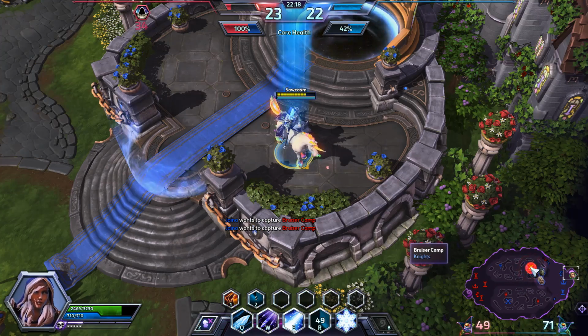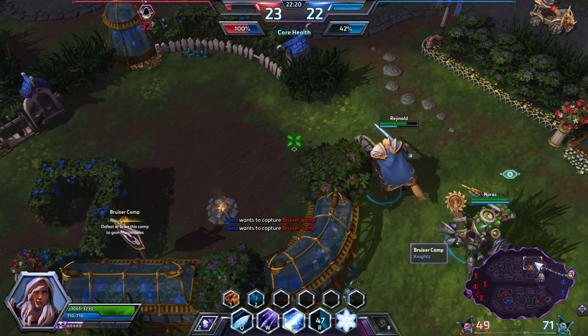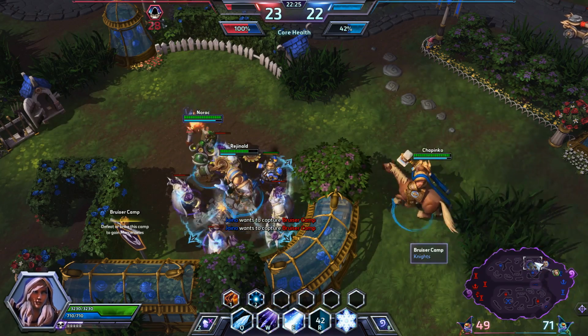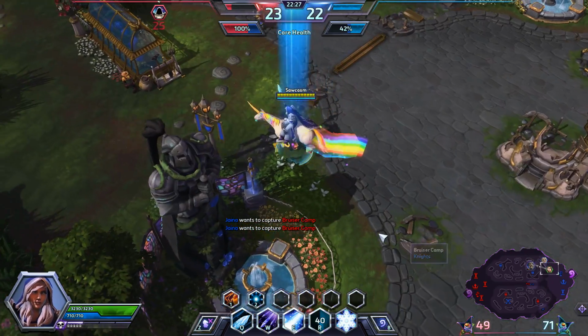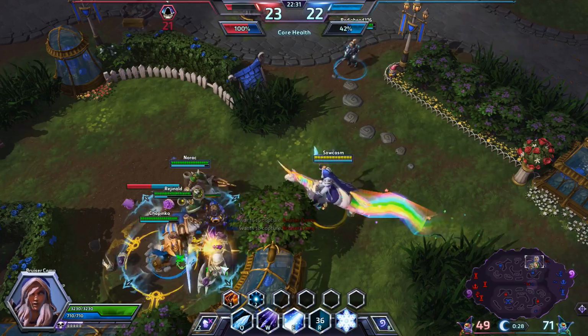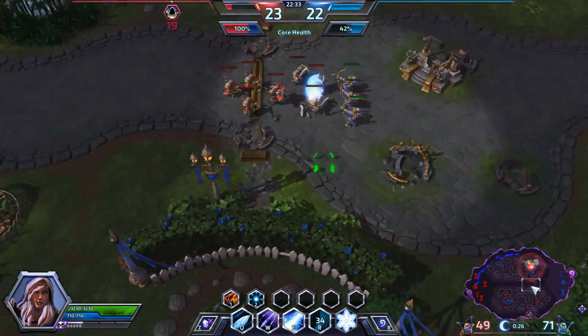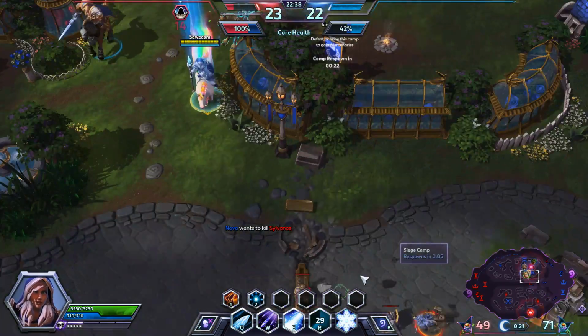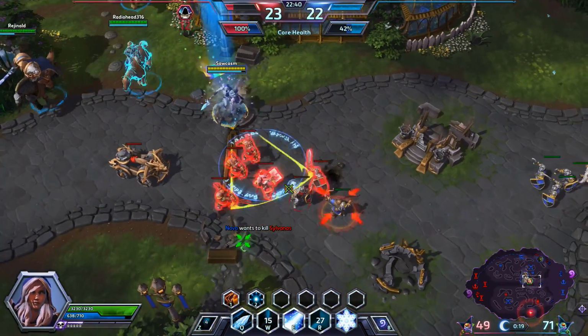Now, what we need to do is take this Merc camp and make something happen. If we win a team fight here, we could potentially be in a very good position. So I am going to... Oh, thank goodness that noise stopped. Excuse me. We are going to push down this mid lane, as we should, or maybe possibly defend bottom, but